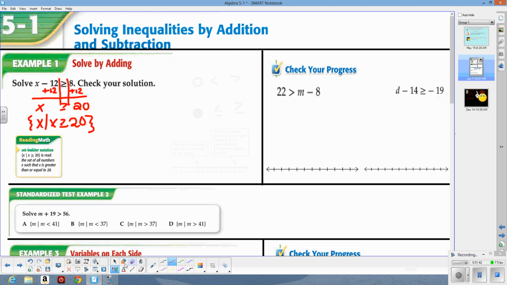Now the next thing we're going to do is we're going to graph the solution, because this isn't just a single number answer, it's a set of numbers. It's all the numbers that are greater than or equal to 20. So to do that,